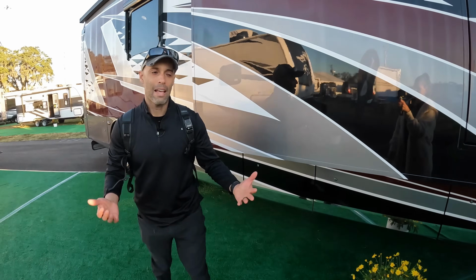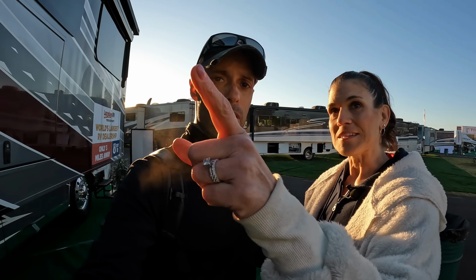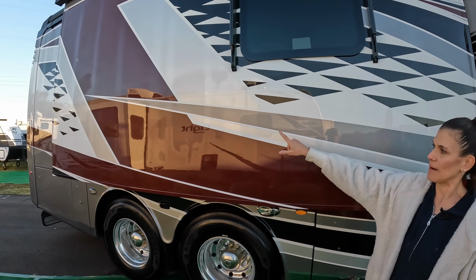Now, some people might ask about the construction. Very similar to the Newmar. Hung walls. Yeah, it is very similar. 16-inch on center. And you can see the 16-inch on center. You'll see the Integras and the Newmars. You can see the studs. I don't know if it's picking up on camera, but